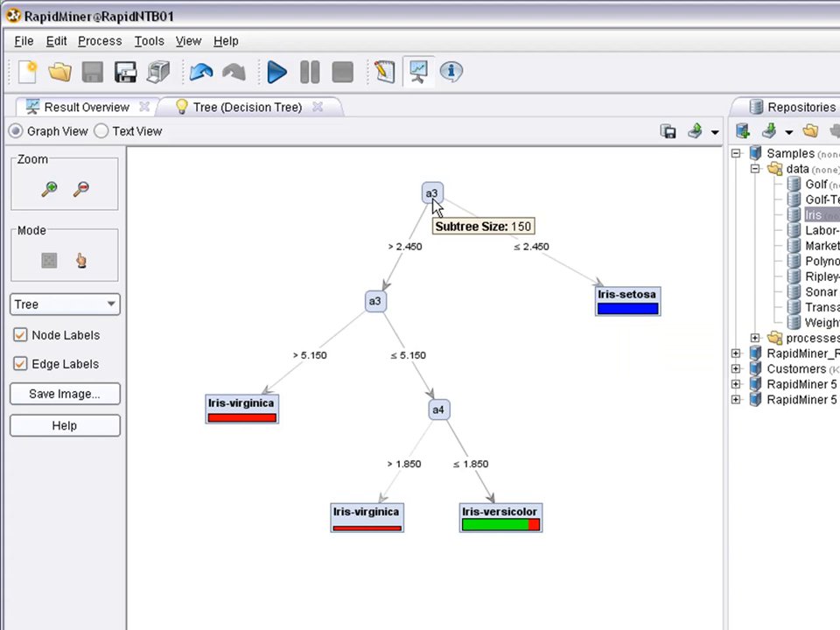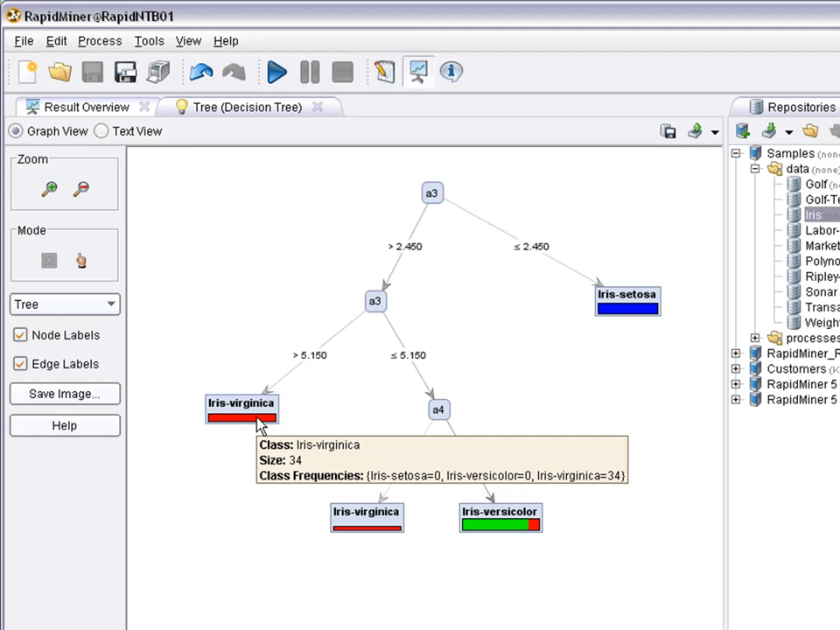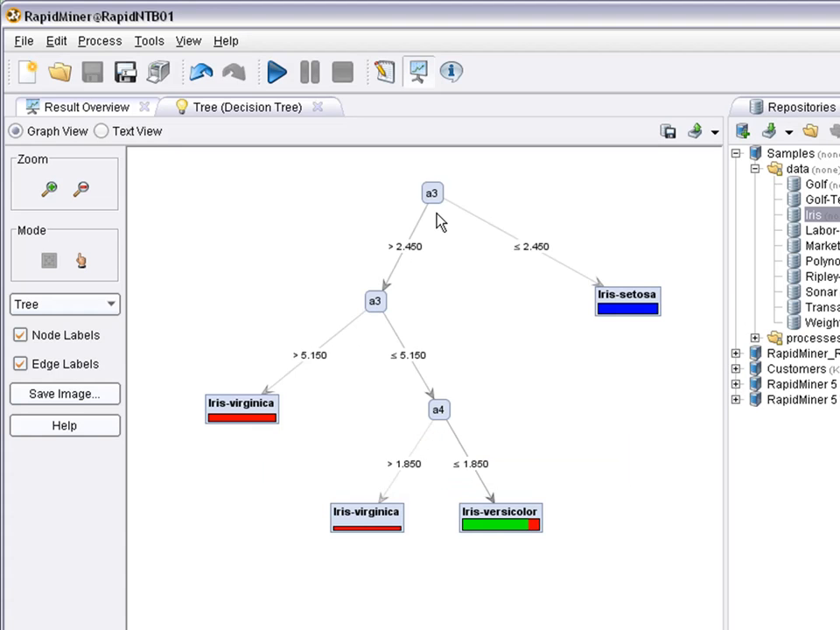In the case that A3 is a measurement above 24.5, another test becomes necessary. If A3 is very large, that is above 5.15, then the classification will be iris virginica. In the training case, 34 cases fell into that branch. In the medium range, when A3 is greater than 24.5 but smaller than 5.15, another test needs to be performed on A4. And for the large cases, again, it can be classified as iris virginica,